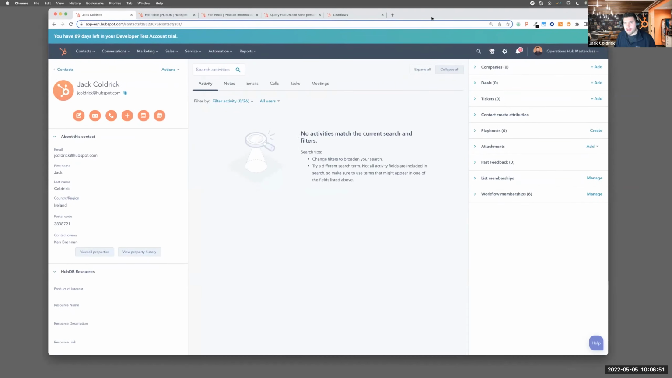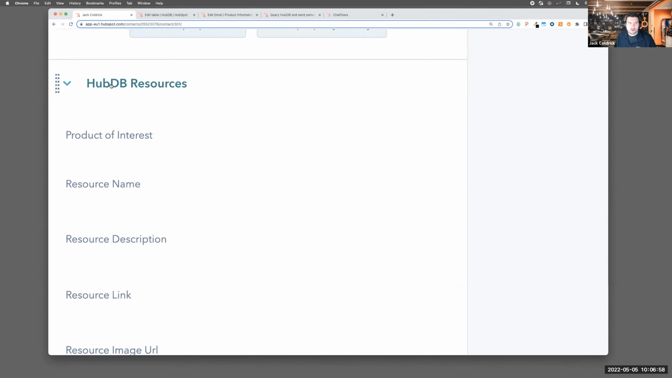So in a moment, you should hopefully see my own contact record loading up in the HubSpot CRM. And just to set the scene a little bit here, you'll notice on the left-hand side, I've got a section here. I've called it HubDB resources, but you'll see we have product of interest, resource name, description, link, and